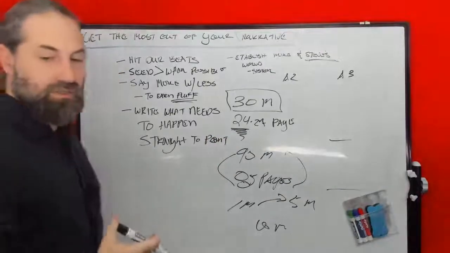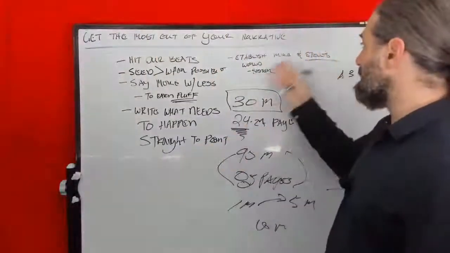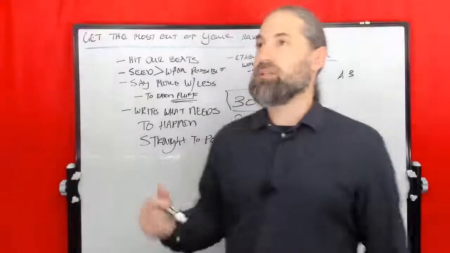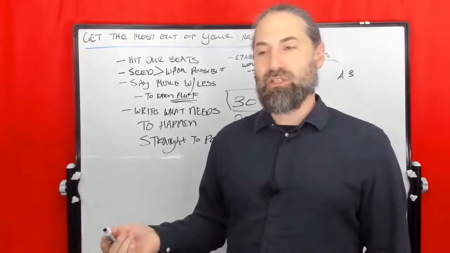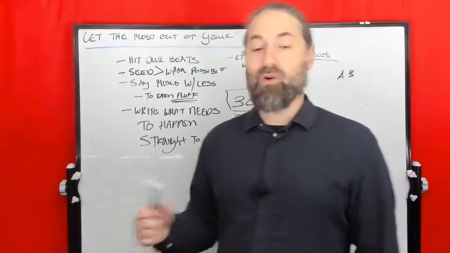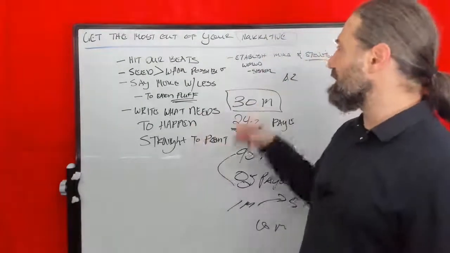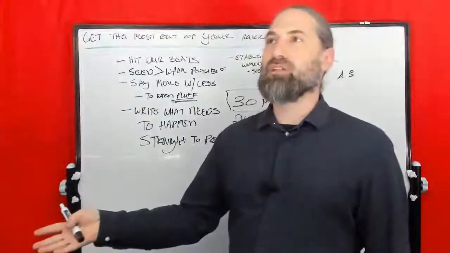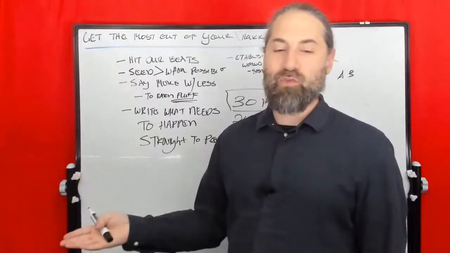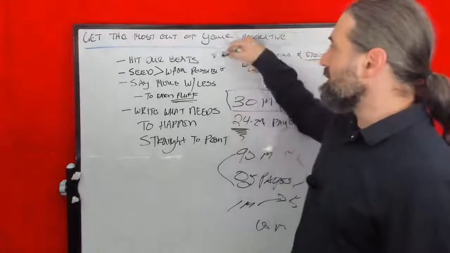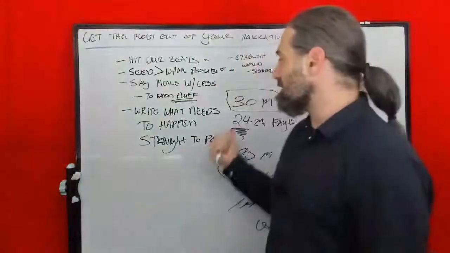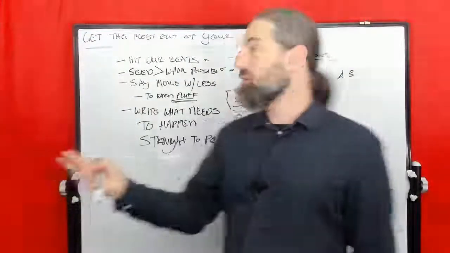Now, the reason you do this is the same thing with, let's say, the Mike and Steve scene that I did earlier. If it's straight to the point, it'd be Steve comes in and goes, "Hey, we've been friends for 15 years," and Steve is like, "I don't know why that's important." Or actually, this is what writing straight might look like. Steve walks through and goes, "Hey, we've been friends for 15 years." It doesn't matter. Well, it doesn't matter if we get food. And we go, oh wait, I'm failing to hit our beats and failing to seed. But I hit all my narrative points. I just need Steve to come in and say, we've been friends for 15 years, right?